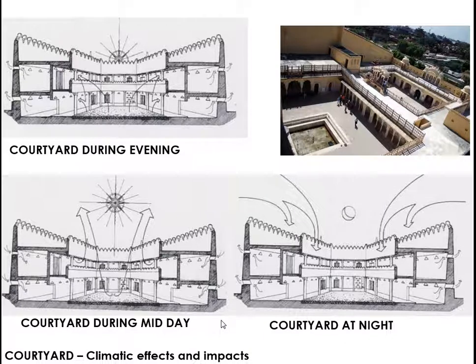The next technique which can provide natural ventilation and comfort is the courtyard. We must know the principle of the courtyard, how air movement takes place in it. At midday, there is going to be a lot of heat gain inside the building, through the rooms. It will build up heat here, and this will try to move up because the courtyard is open in the middle. There is a middle opening in the courtyard.